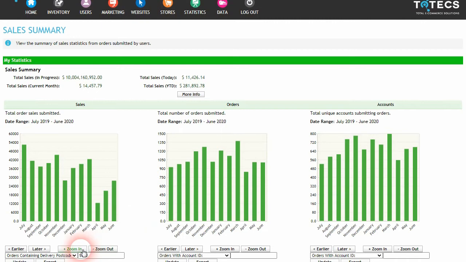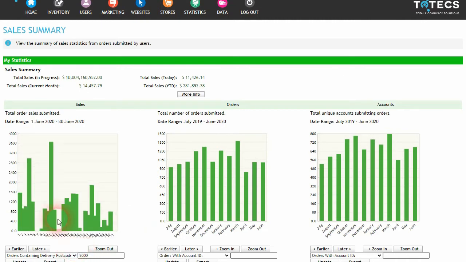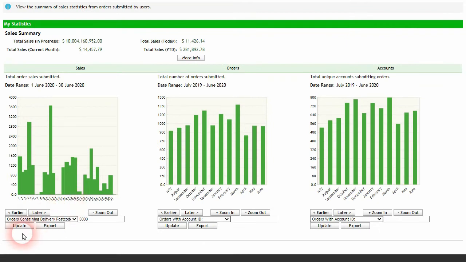And we can also drill down further if we want to zoom into a specific month. So in this case, we're looking for June. Here's all the orders that were delivered to Adelaide through that month. Now, using this information, we can already see for all the orders that are going to Adelaide, there's certain points